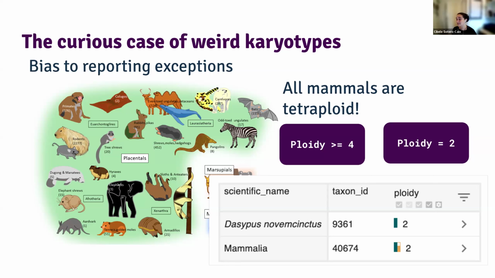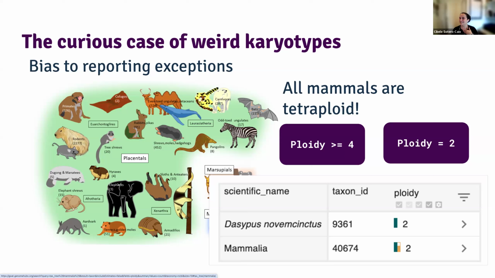The way that I fixed it back then is I had to go to the Mammalia taxon ID and, that's not ideal, create myself an entry saying that all mammals should be diploid. And that's how I fixed it for a while, until now we have one entry of a diploid mammal that is serving as the reference for the entire class.